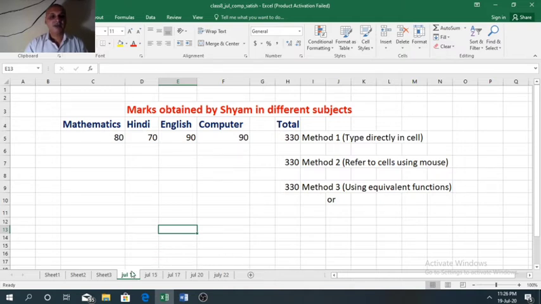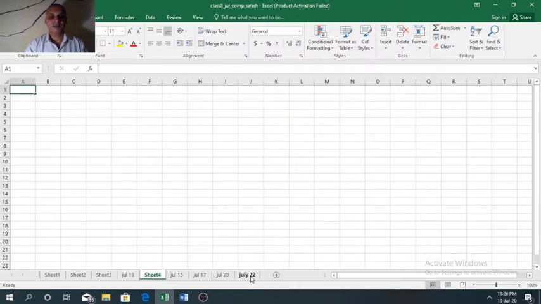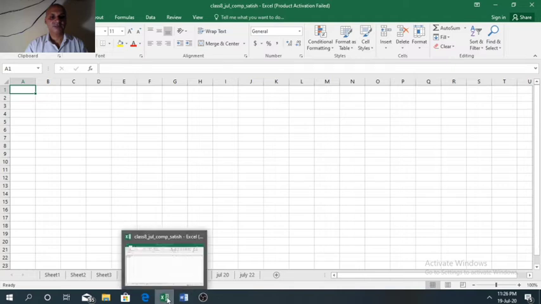Now after making the sheet active, in the sheet tab we have the plus icon here. Just click there. Now you can see here a new sheet with the name Sheet4 is inserted between July 13 and July 15. So all the three methods are explained.